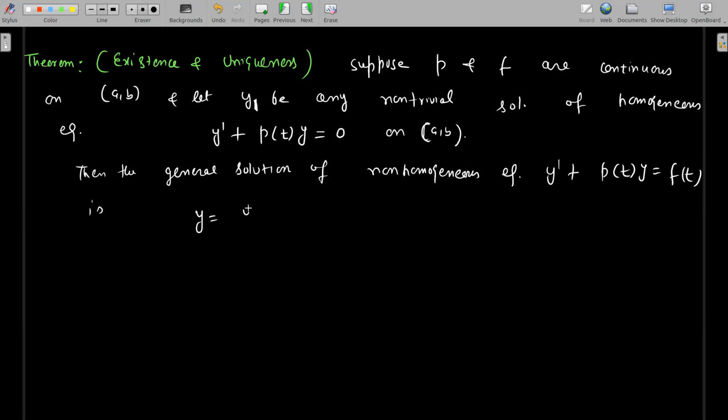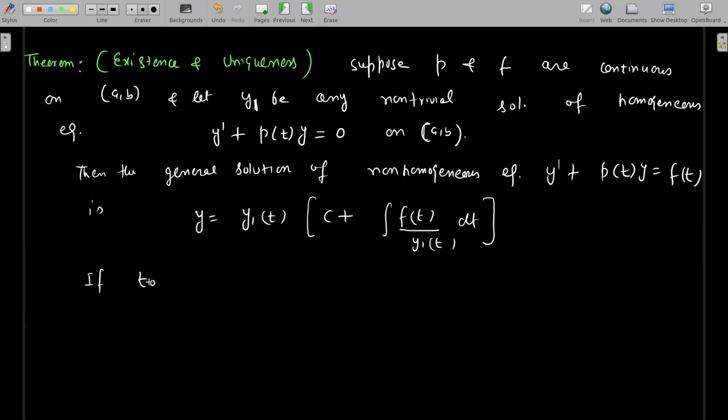Then y equals to y1, which is a solution of the homogeneous, times constant plus integral of f(t) upon y1 dt,